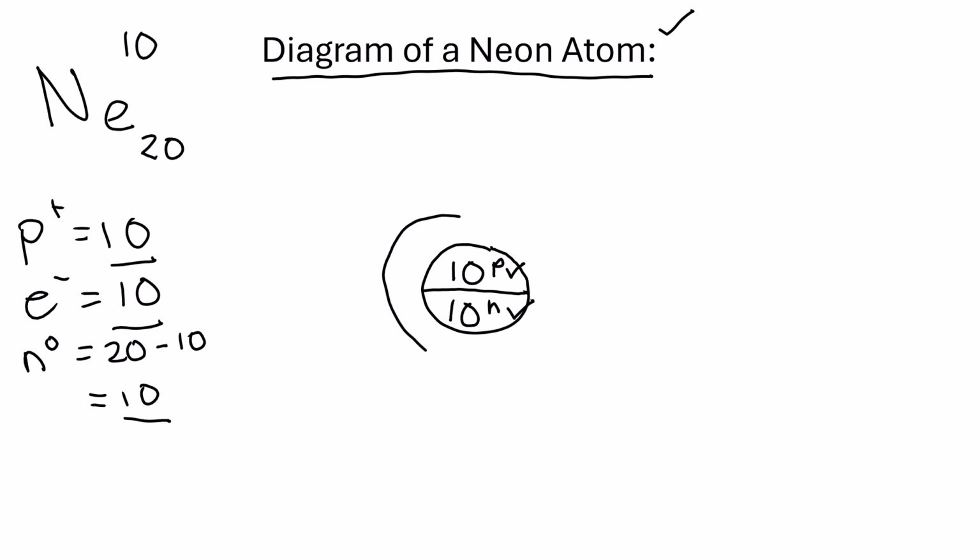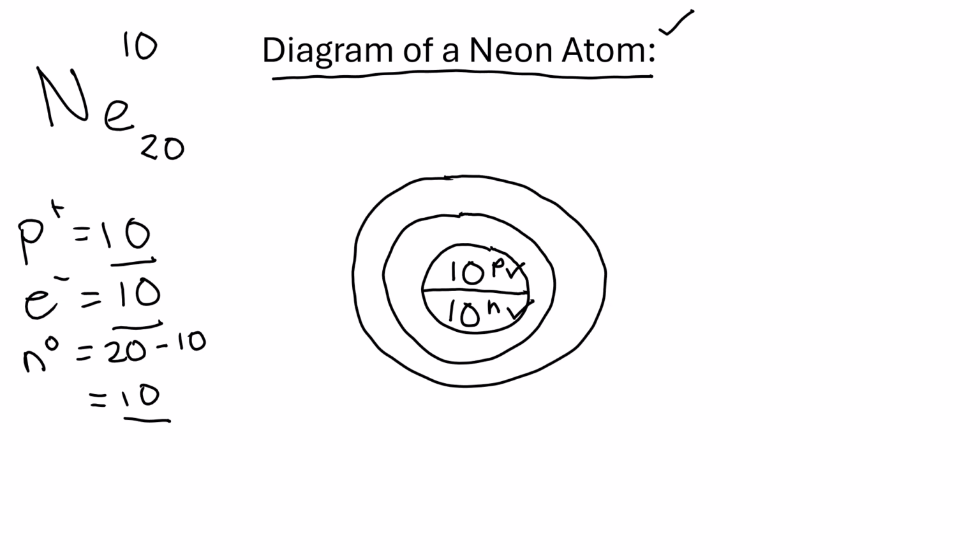Then I know I'm going to use 2 energy levels, so I'm going to draw 2 energy levels. On energy level 1, I can only have 2 electrons. Energy level 2, I can only have 8 electrons. I have 10, so I'm going to put 2 on energy level 1, and 10 minus 2 is 8, so then I'm going to put all 8 on energy level 2. Okay, and that would actually mean that energy level 2 has a full number of electrons. There's no extra electrons to spare.